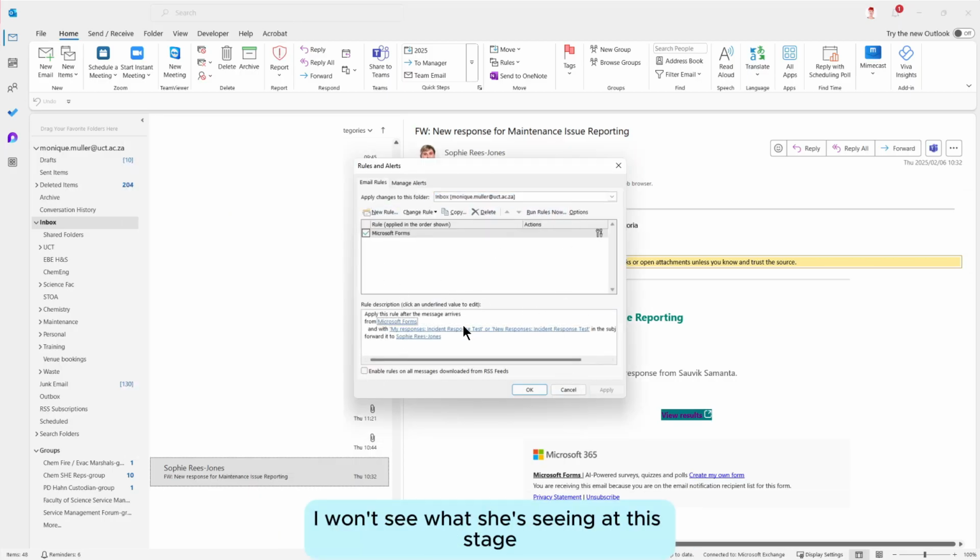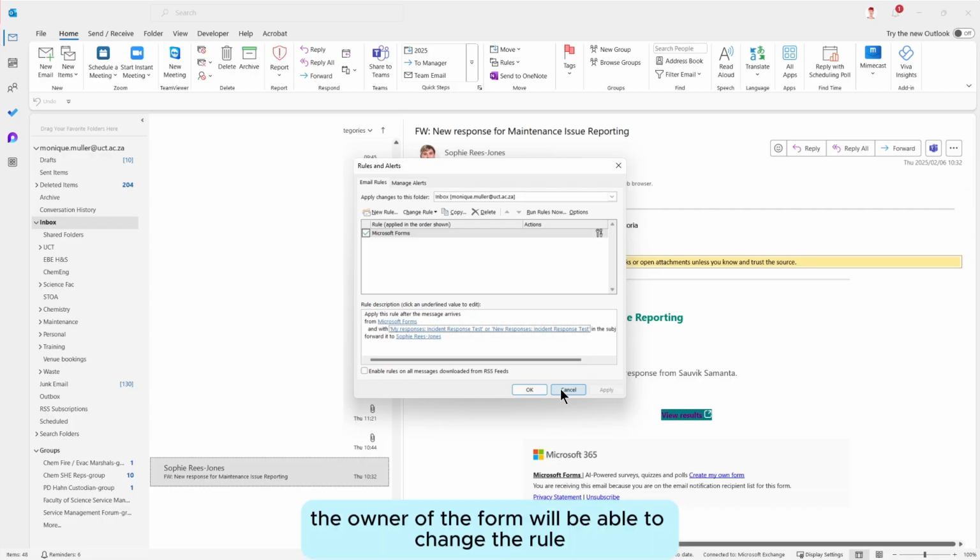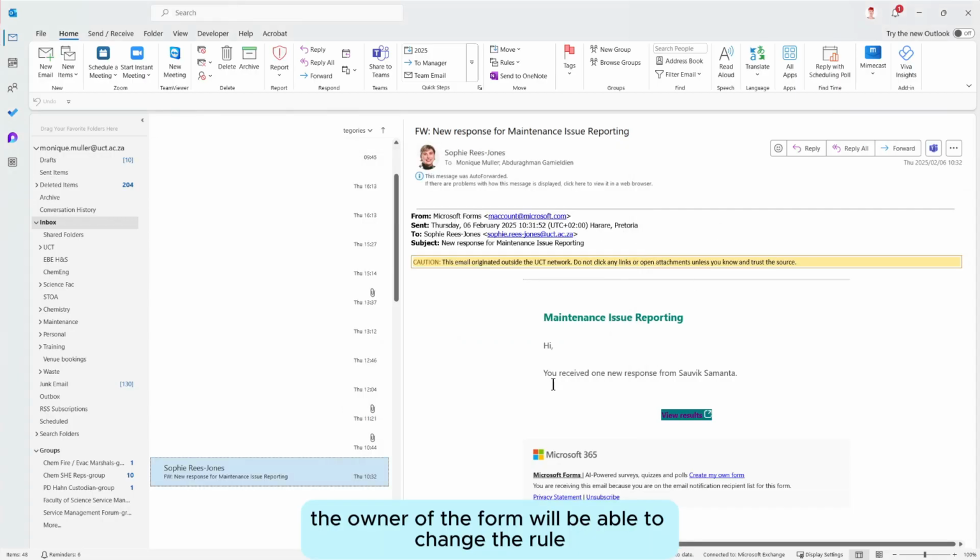Now obviously I won't see what she's seeing at this stage, because she can actually change that rule. That's the only other downside of that, is the owner of the form will be able to change